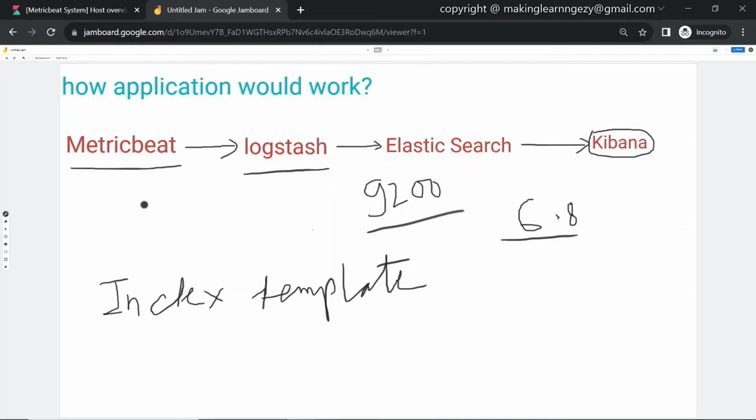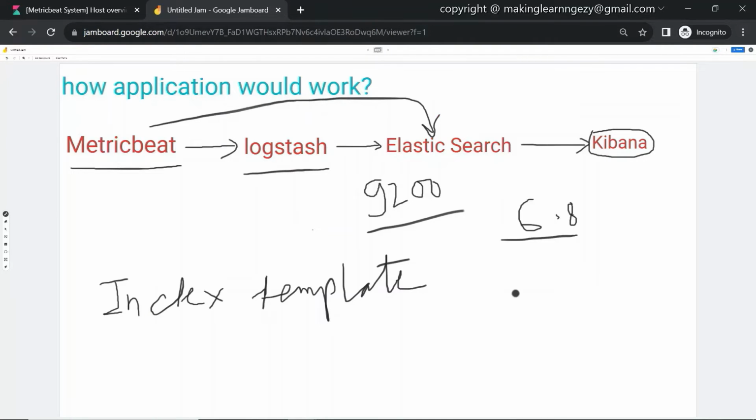So what we need to do is send the index template present in MetricBeat to Elasticsearch, so that when Elasticsearch creates the index, it can use that index template provided by MetricBeat. Now how to send this index template to Elasticsearch, that we are going to see next.